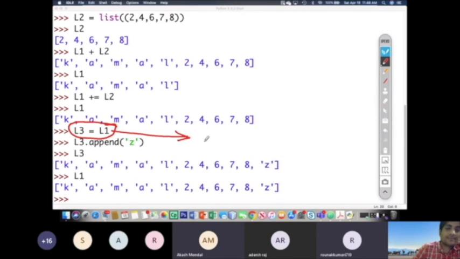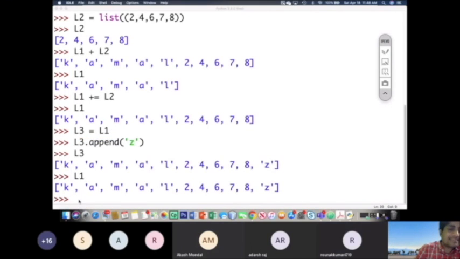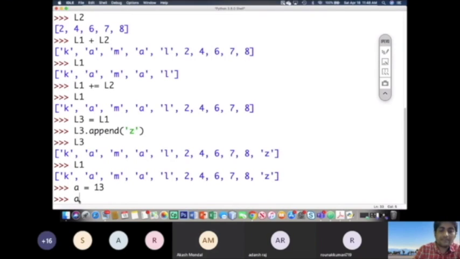L1 का भी वैल्यू होगा. अरे इसीलिए भैया सीधा सा बात है, सभी लोग यहाँ ध्यान से देखिए. We have A is equal to 13.